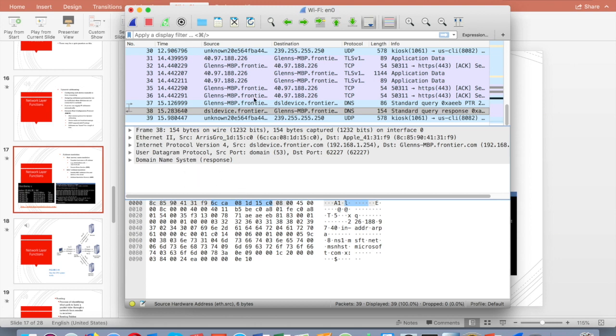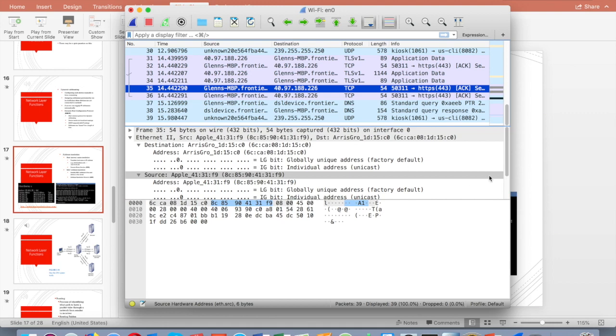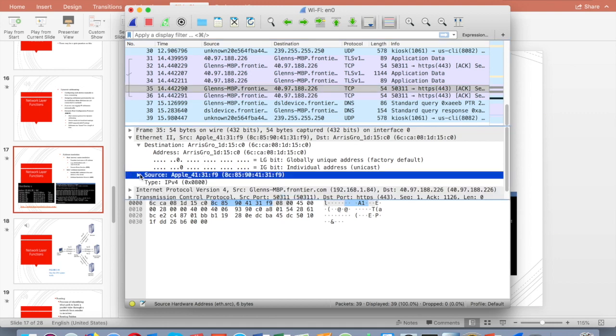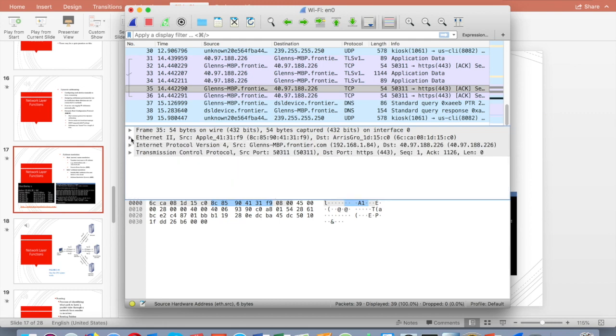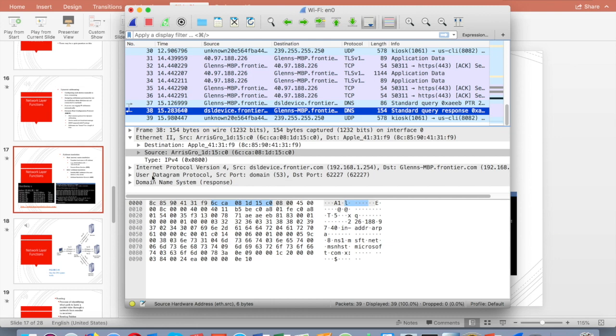I'm getting the ARP translation out of this. I'm doing all the address translation available, and it makes things much more readable. I now know what some of these devices are. So I look at something like this, and I can look here at the different layers. It's 4 here. At this level, it's more than that.